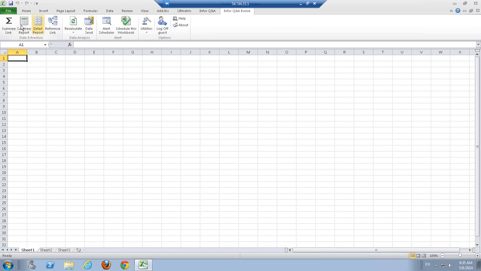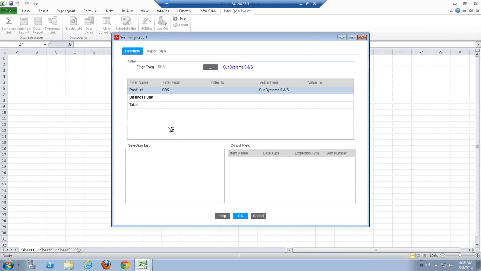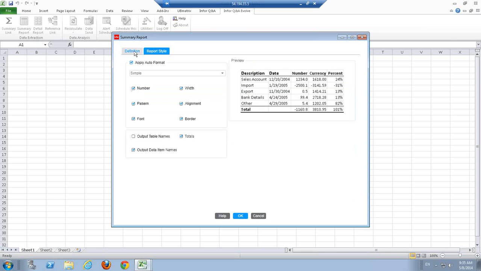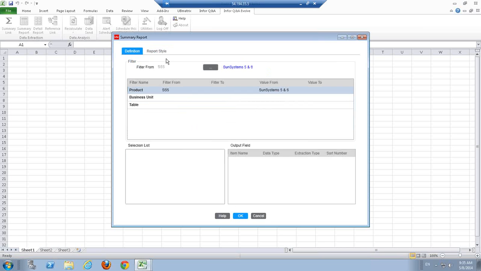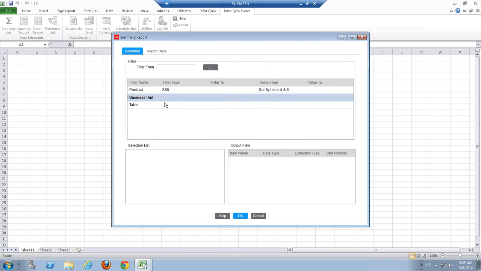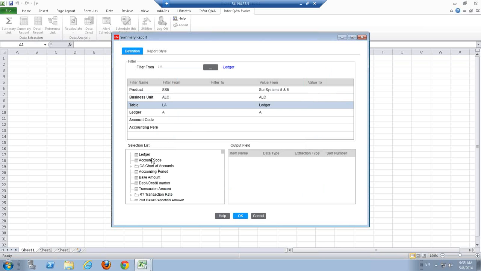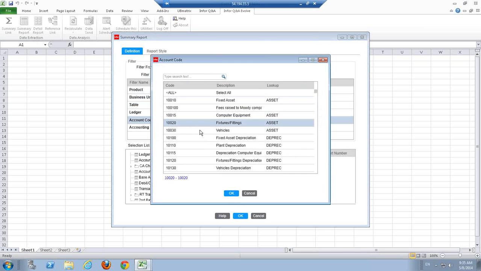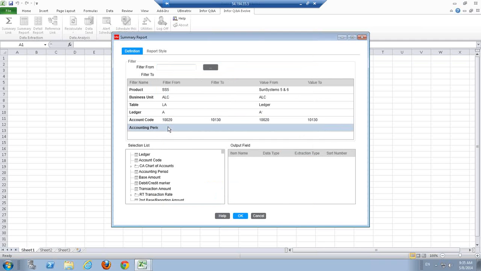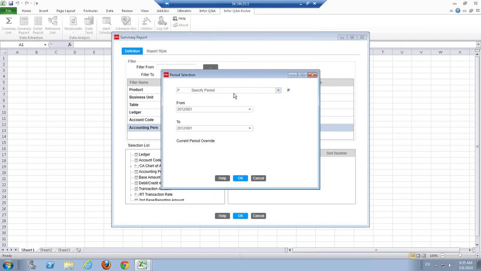But you can see here, you're probably familiar with some of these things in here. As we said, the actual layout of the query builder window has been cleaned up a little bit. So you can see summary reports. You've still got the traditional query builder window, but it's just been a little bit cleaned up, or refactored, as Infor like to say. So the process of writing a query, as you can see here, is exactly the same. So you can still do whatever it is you're used to doing, but it's just a little bit